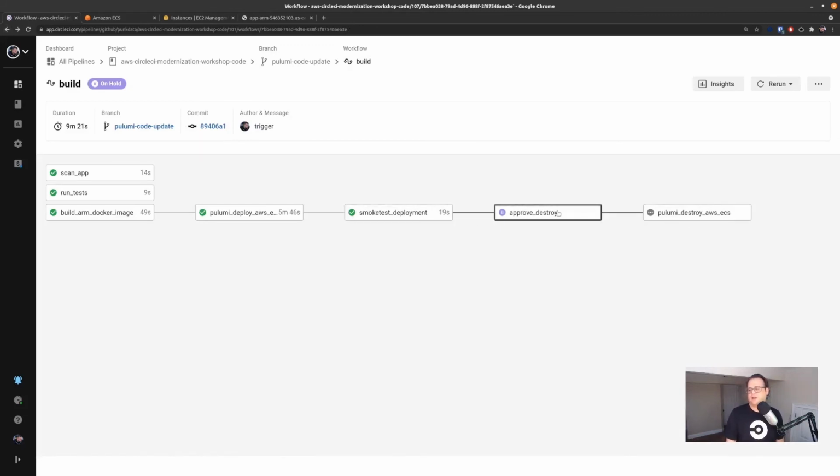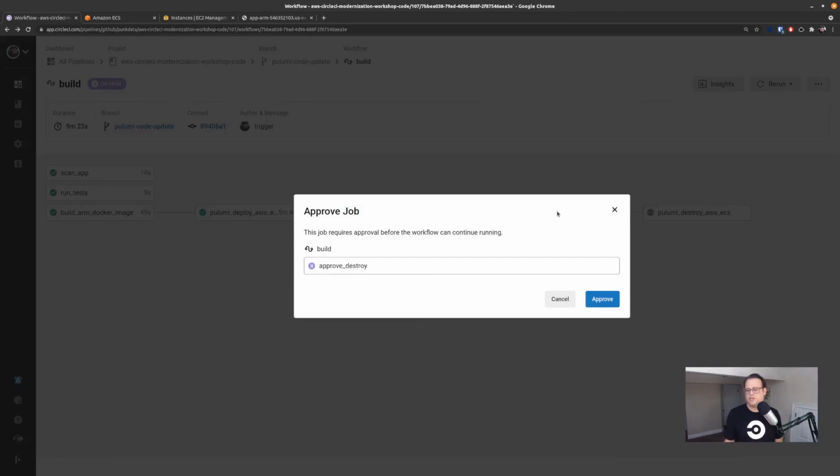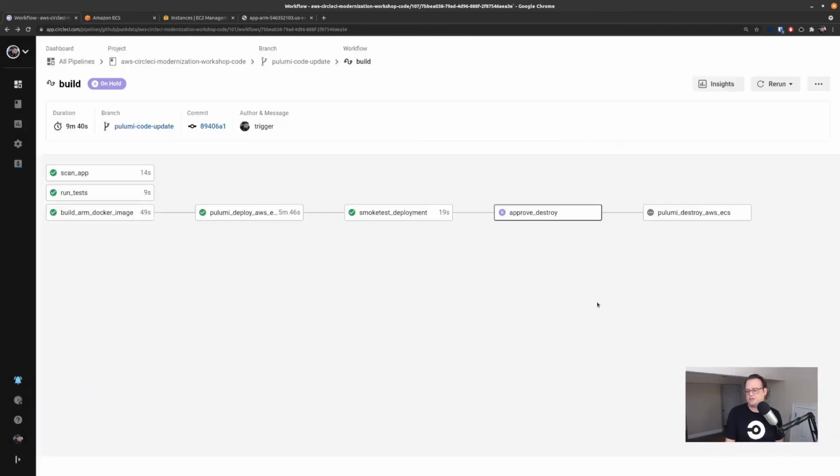and then right now I put it in a manual job, is what we call it. And the reason why I put that here is for this demo, so I could show you that you can do things like manual jobs if you actually want to verify that it's running. But normally what I do is I just don't have this approval job step here, because what happens is once the smoke test passes, it'll just go ahead and destroy that cluster. And I just click that button in order for the next step of my pipeline, which is to destroy all that awesome infrastructure we built using Pulumi. So that's basically it in a nutshell.